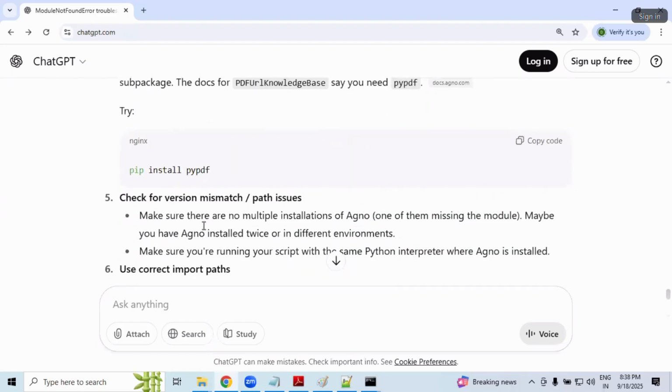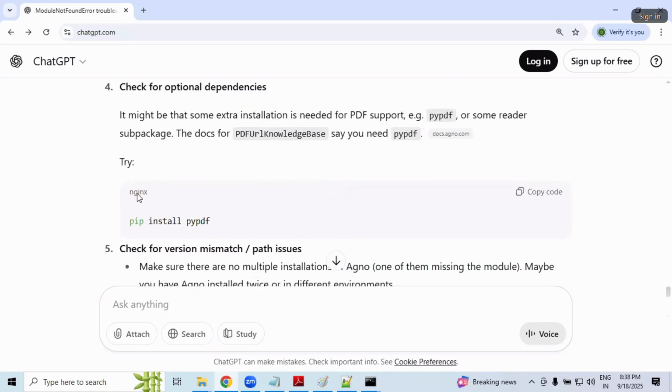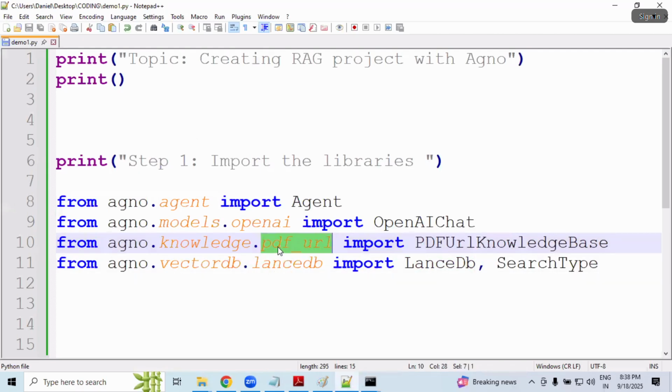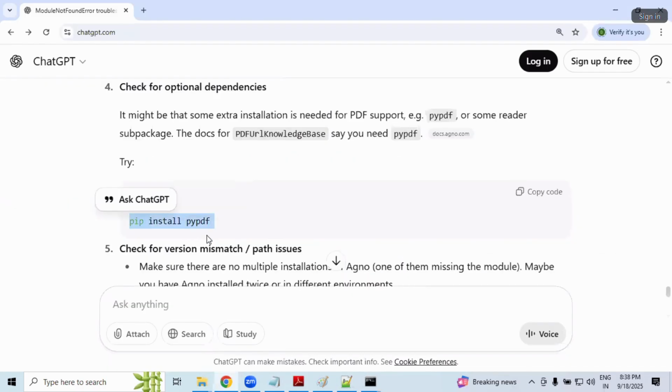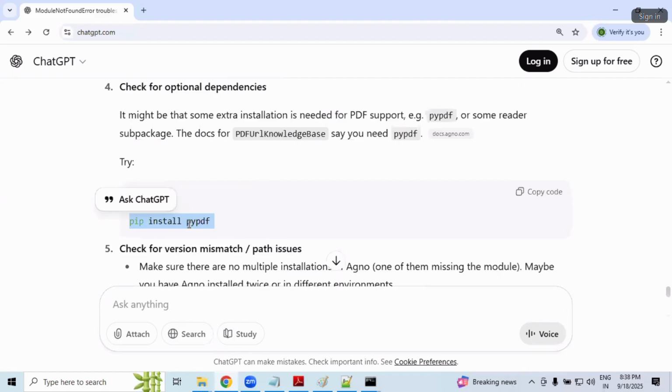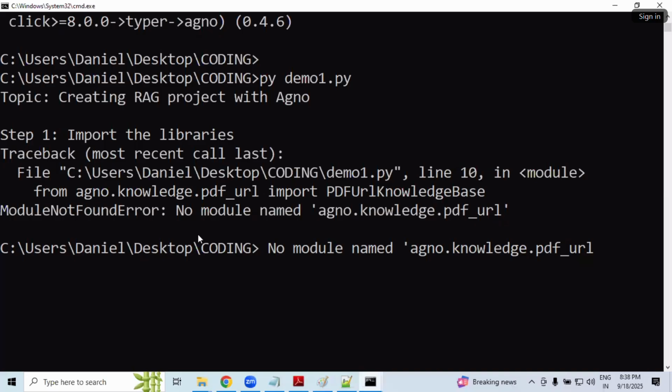But I'm wondering, maybe in between PyPDF. Am I using it anywhere? No, but let me just try to install this. It should work. It should work.